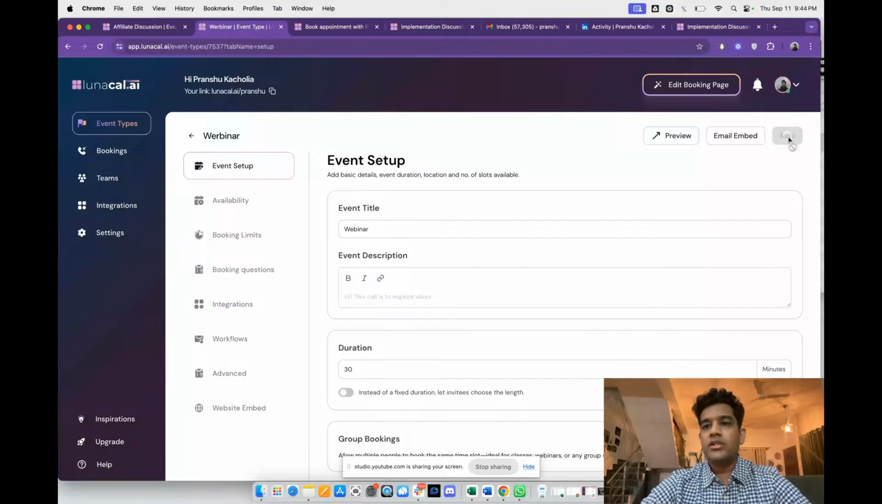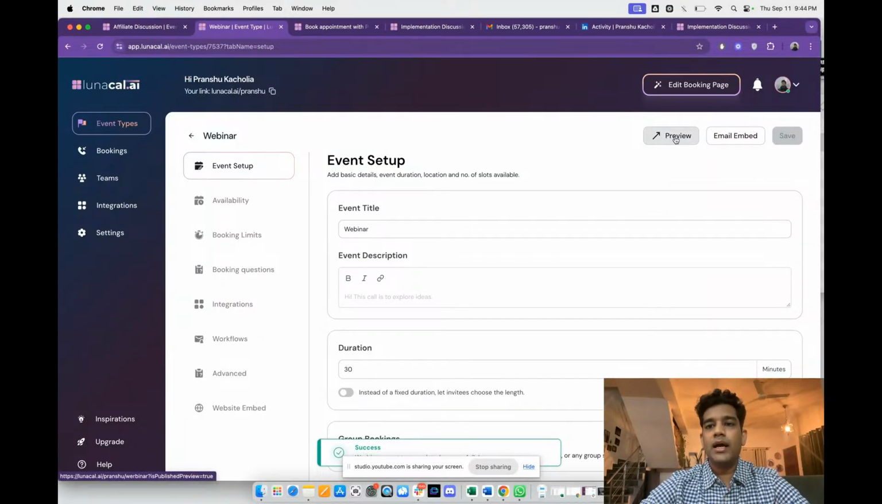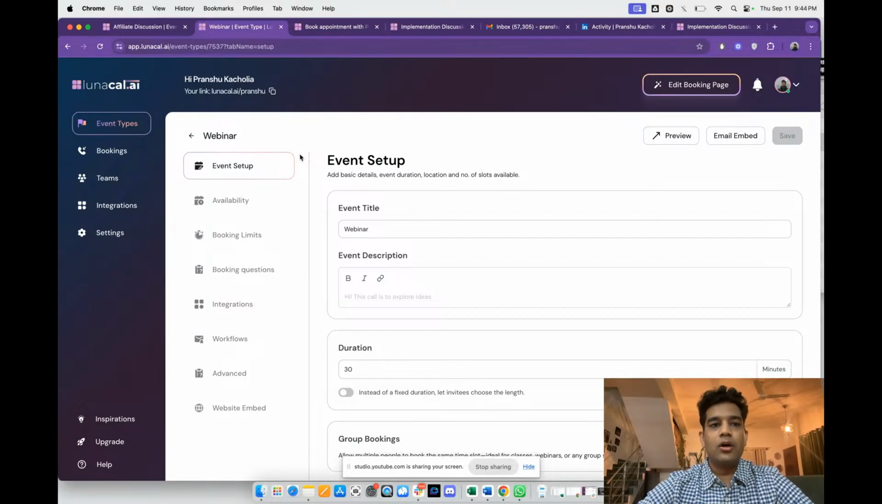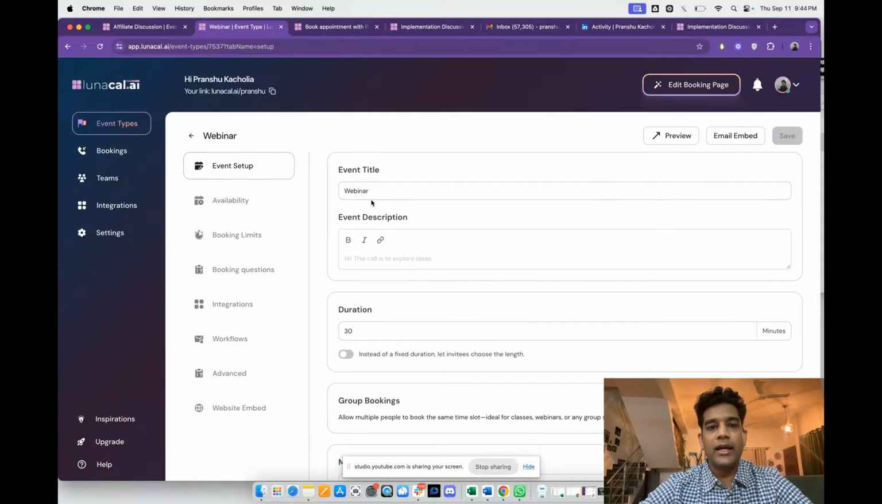Once I'm done with all the changes, I would be able to preview it and then share the link with people whom I want, right? So within this product, the first thing that you see within the event setup itself is you can add a title and description